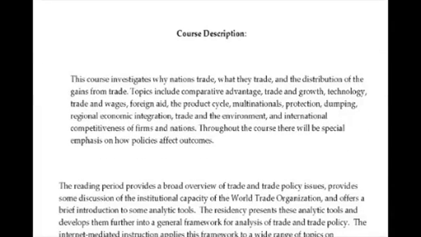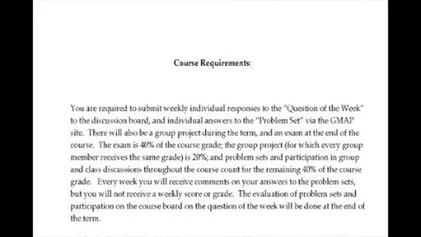If you look at this as I walk through this, you'll realize that it's very clear. The course requirements: in this class, they have a question of the week, which is the discussion board question, individual. And then you had a problem set. Remember the problem set I showed you earlier about Baldwin and the developing economies? That's the problem set, and that's a group work. And you have 40%, the exam is 40% of the course grade, group project 20, problem sets and participation 40. 40, 40, 20. And in the middle, as the teacher gives a grade to the problem set and the question of the week, your course